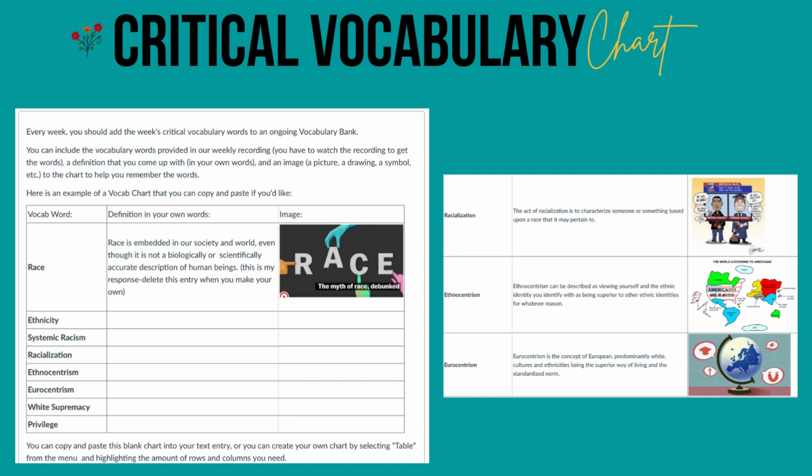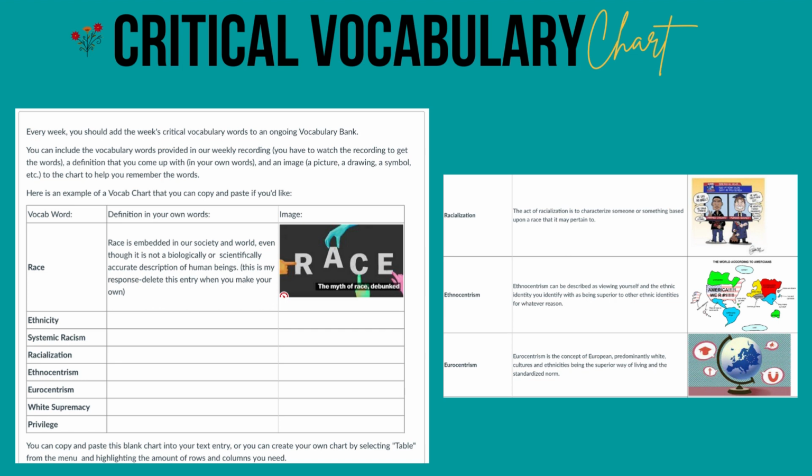You can copy and paste that template or create your own. You can do it as a Microsoft Word document. You can do it as a Google document, whatever works the best for you to keep track of your weekly vocabulary in a file format that you will be able to share with me at the end of the semester when you will have a very extensive list of vocabulary words. And this list will be helpful to you as the semester goes on